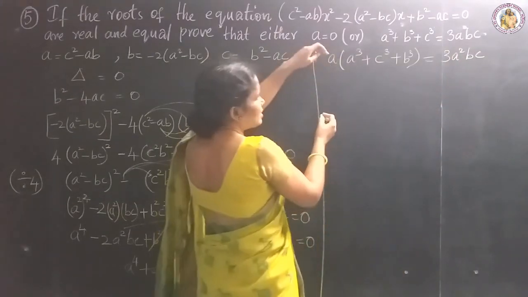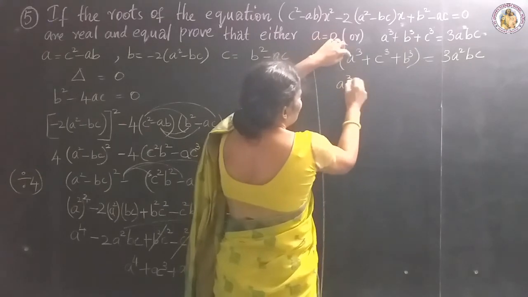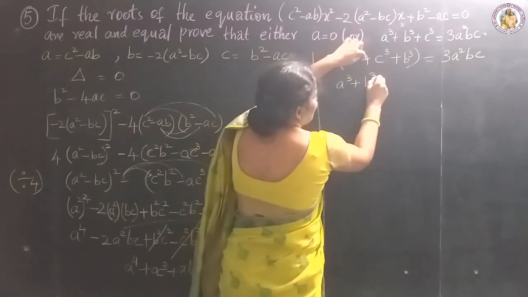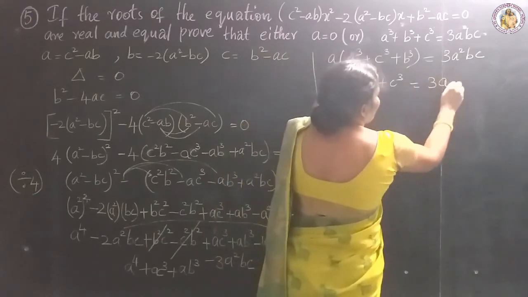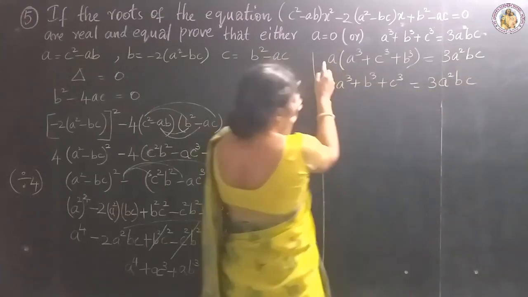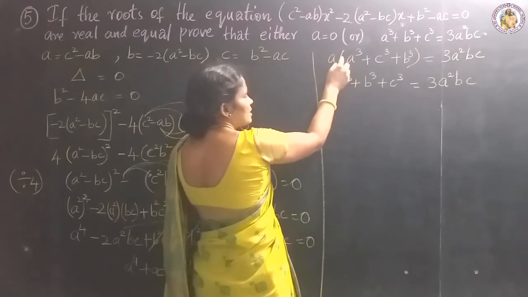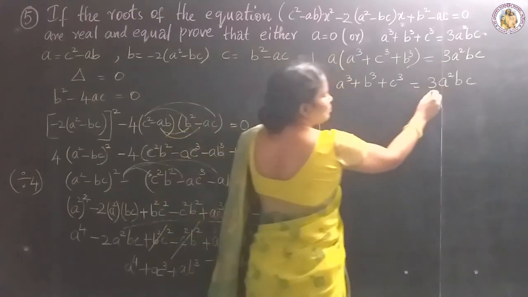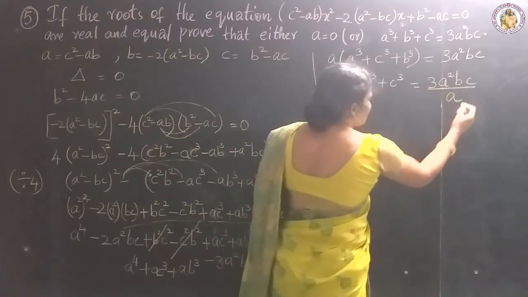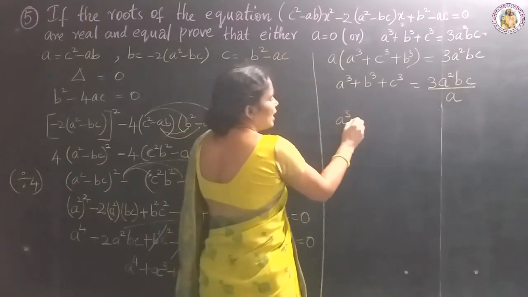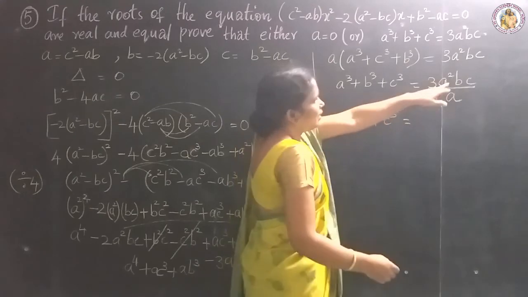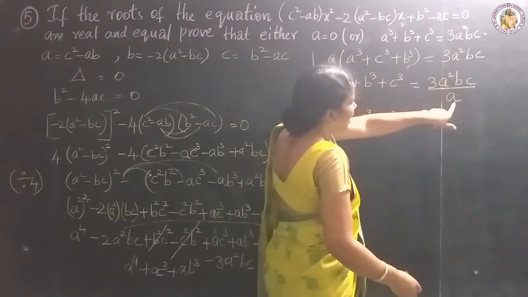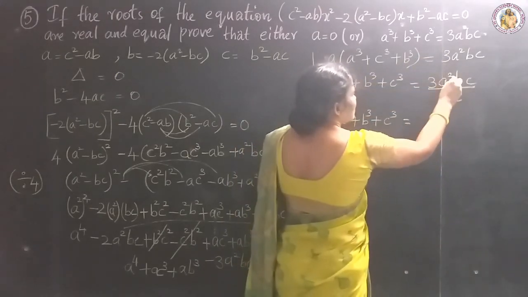Okay, and the next step, a(a³ + b³ + c³) is equal to 3a²bc. Now take this a, here it is a multiplication sign. While it moves to the right side, it goes for division. And in the next step, a³ + b³ + c³ is equal to, here we have a to the power of 2 and 1a. To take this a here